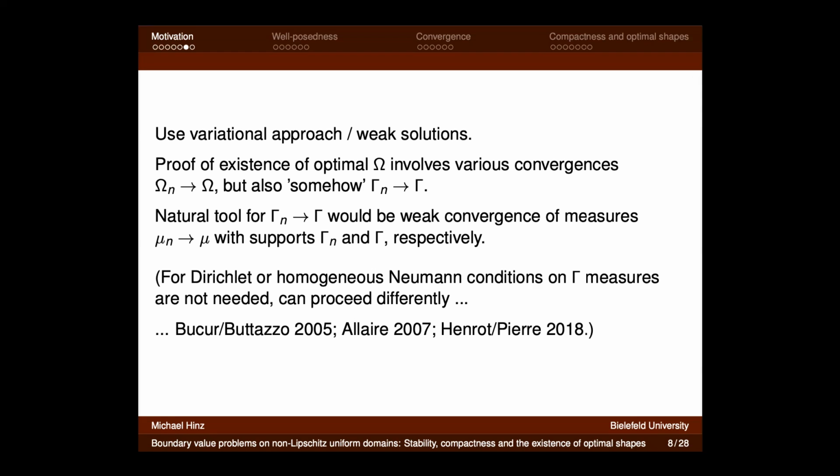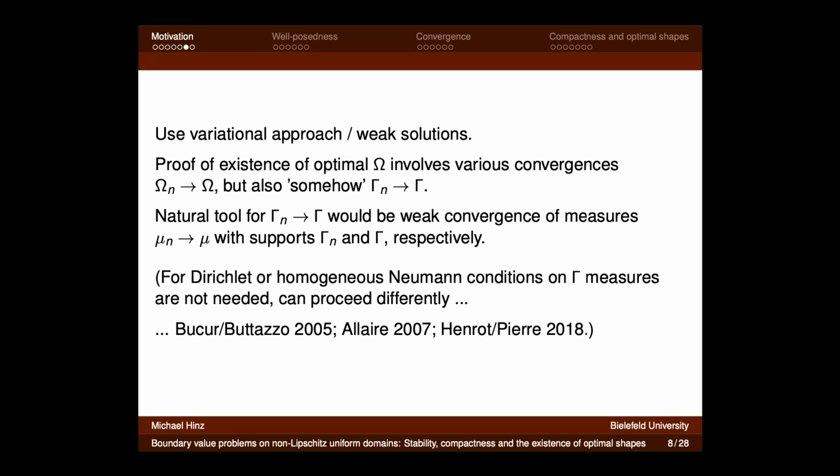So the proof of existence of optimal omega typically involves various convergences. First of all, convergences of sequences of domains to a target domain. But also somehow we must talk about the boundary, because the Robin condition, if we implement it in a variational setup, will talk about integrals on the boundary. So there will be some integrals on the boundary. So we have to think about what should be reasonable convergence for the boundary, for the moving boundary pieces, which are for the approximating domains gamma n, and for the target domain, which we hope to be the optimal one,